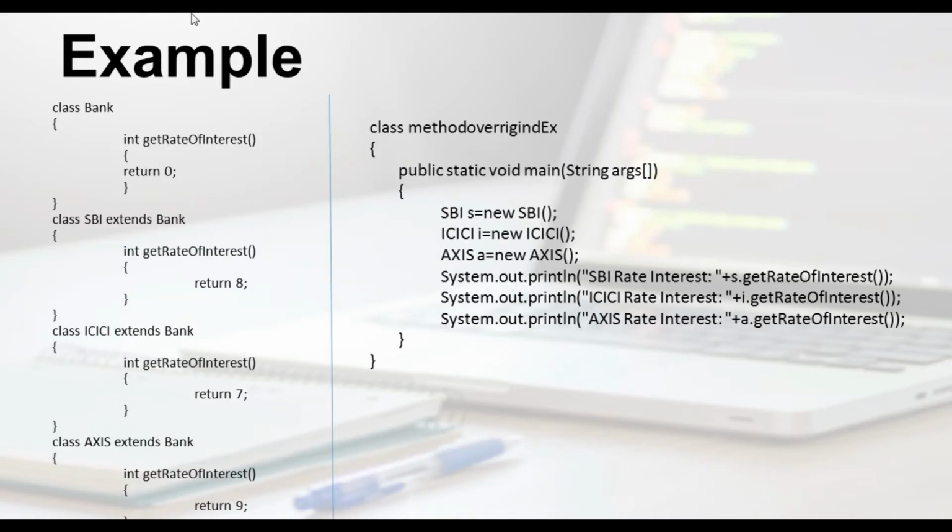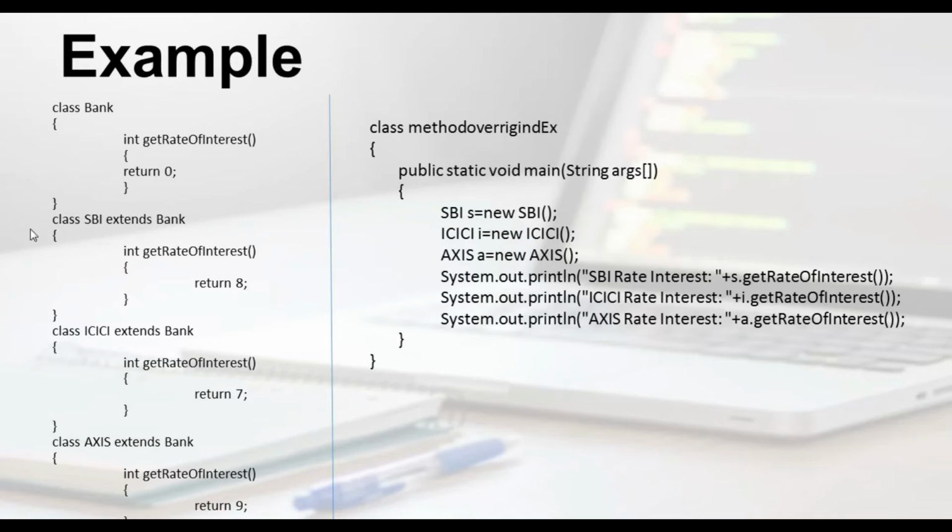In this example, the main class is class Bank. In the class Bank, I have defined one method as int getRateOfInterest. Why int? Because we have defined int over here, means we have to define a return statement over here. I have defined the return statement as return 0. Suppose you had defined it as void, then you don't have to define the return keyword. Now the method getRateOfInterest has no parameter.